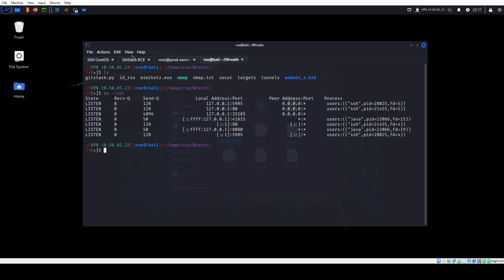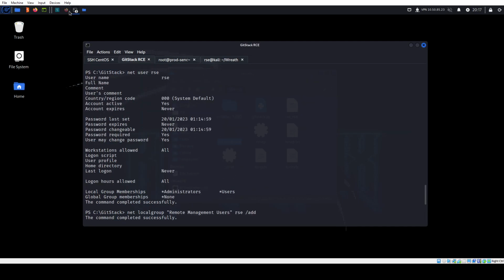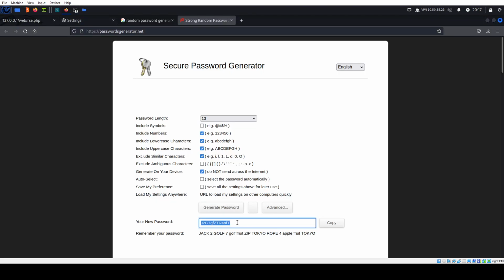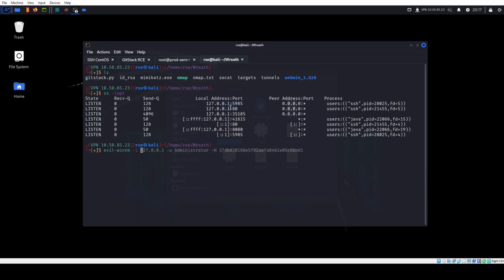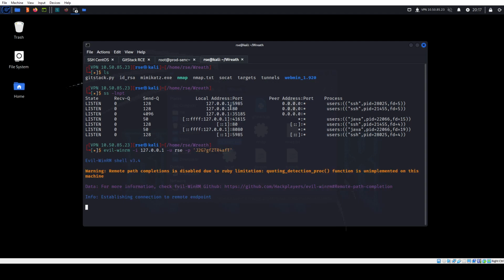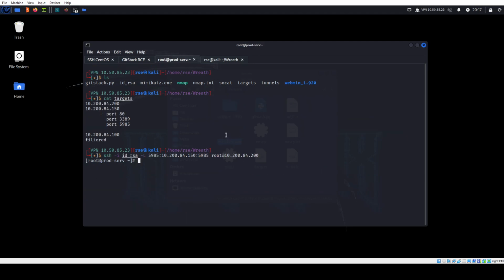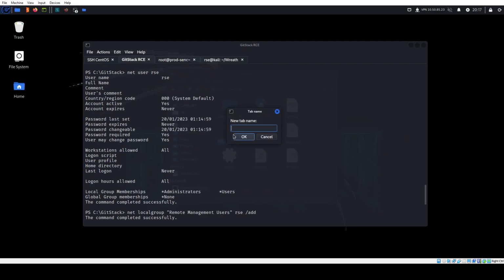And now we're listening on port 445. So what was our password? Now we're going to do Evil-WinRM -i -u RSC -p password, and there we go, we're in the machine, right? So this is just a good way to establish persistence as administrator, but I'm going to stick with the rev shell as SYSTEM